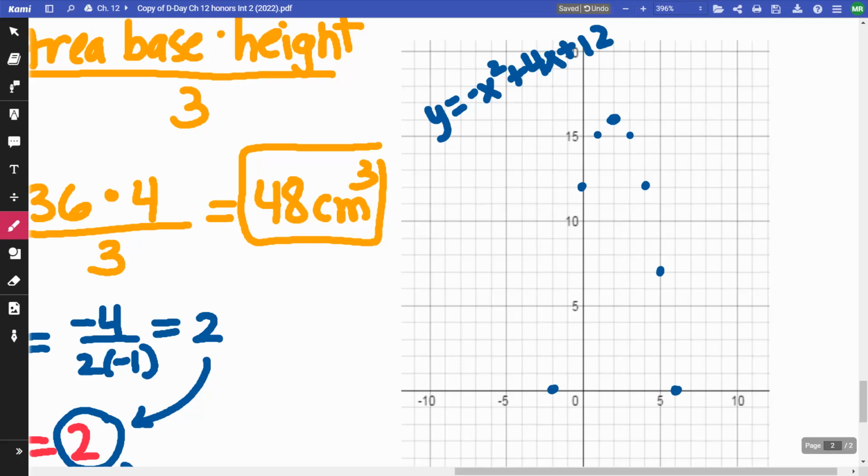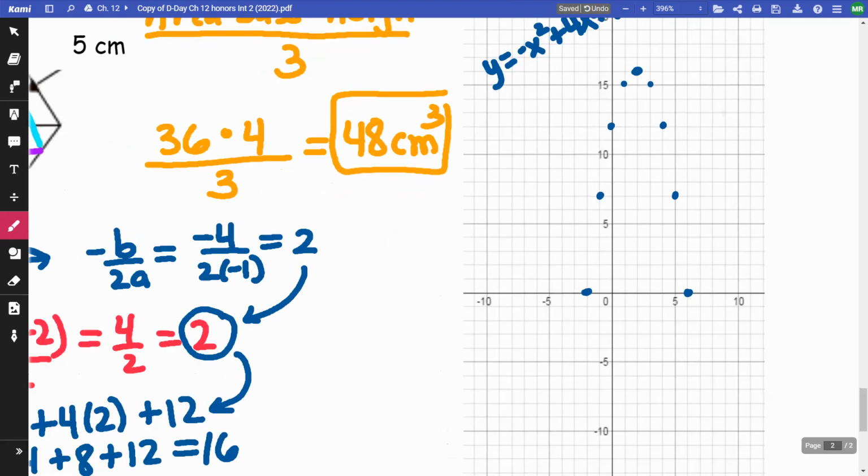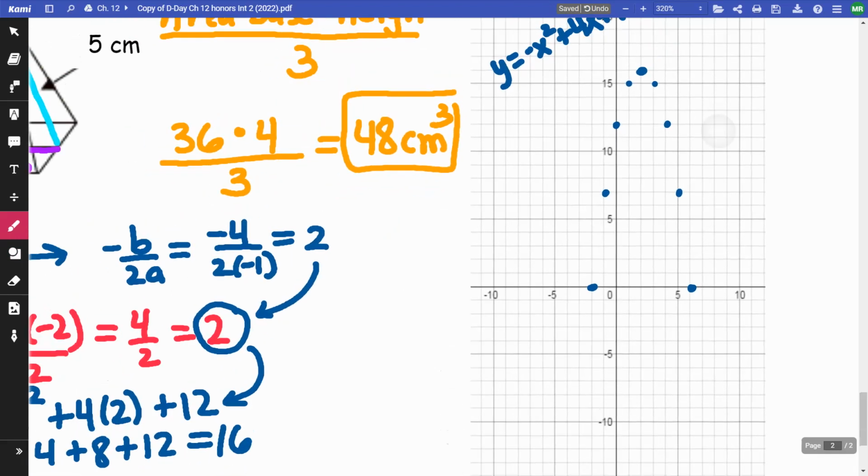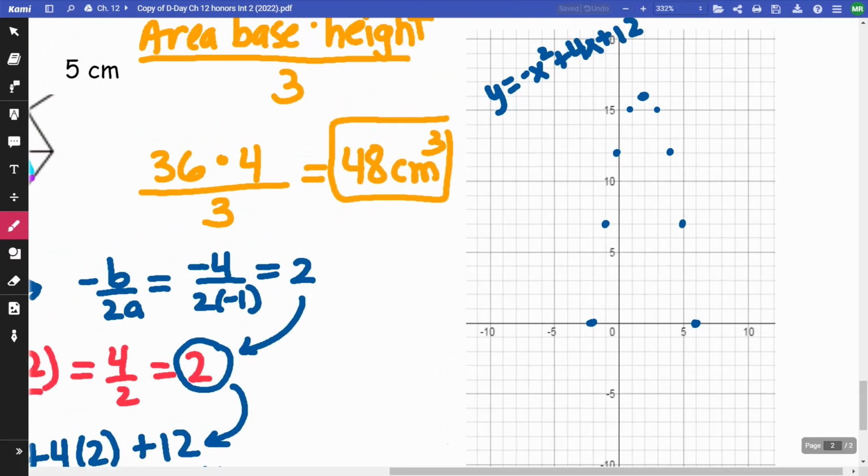And the same on the other side. And then if I went out 4, 1, 2, 3, 4, I'm going to go 4 squared, 16. I'm going to go down 16, which would give me the 2 x-intercepts. Okay, so that's one way to kind of go about doing it. And then if you wanted to continue, you could. The next one would have been 25. If I went out 5, so 16, 17, 18, 19, 20, 21, 22, 23, 24, 25,